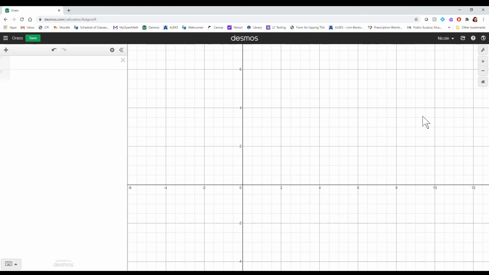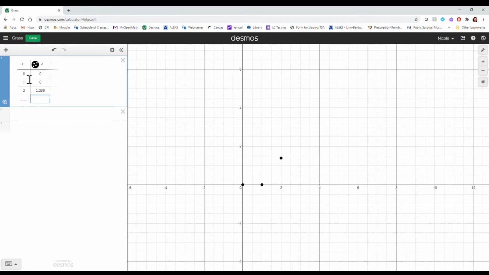All right, here we are in Desmos and we're going to try and model this data. Let's go ahead and plug it in. All right, so I'm going to make a table. And I'll call this T for time and H for height of the grass. And let's put the data in. We have 0, 0, which I'm going to put in, though we might skip that one later. I'll tell you why. 1, 0, 2,